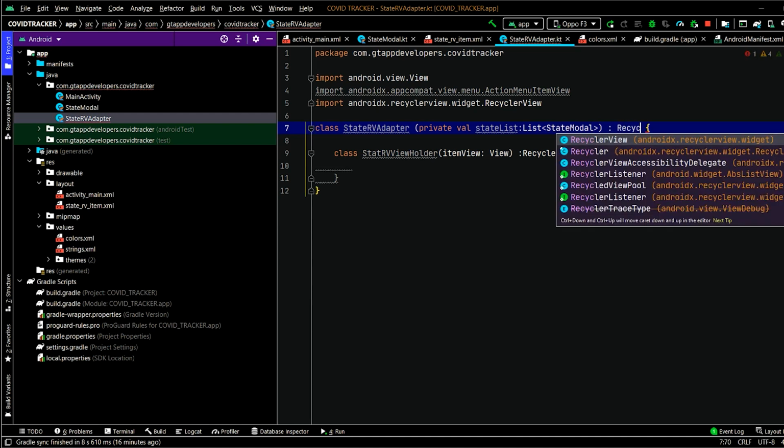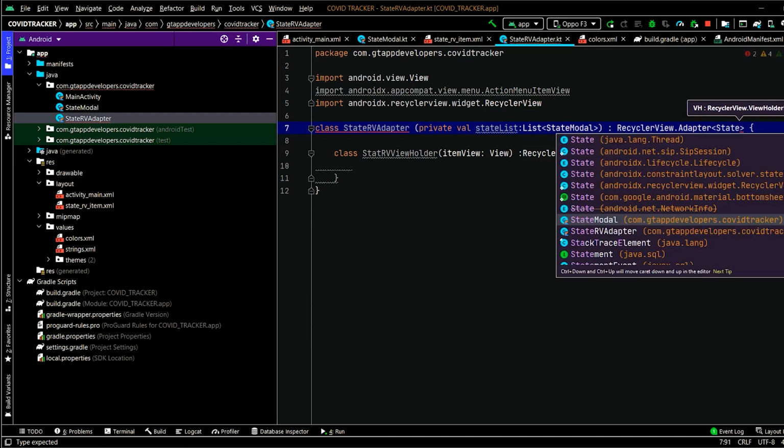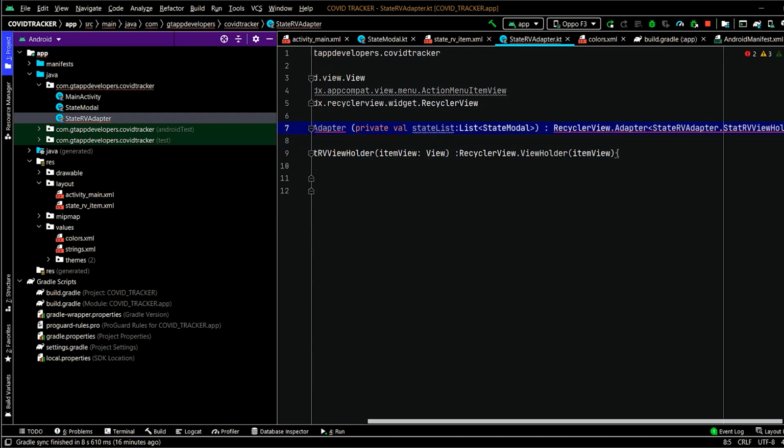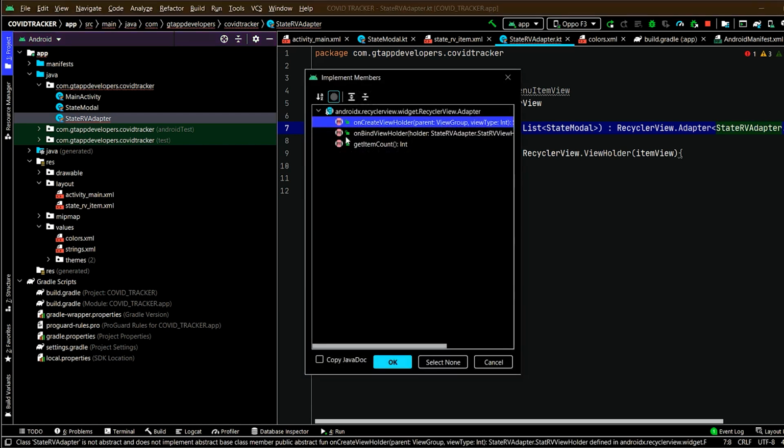After this, we have to write recycler view dot adapter and specify our view holder class that we have created. Now we will get to see the red error. Now we have to implement this method. So for implementing, we have to click on this bulb and click on implement methods.